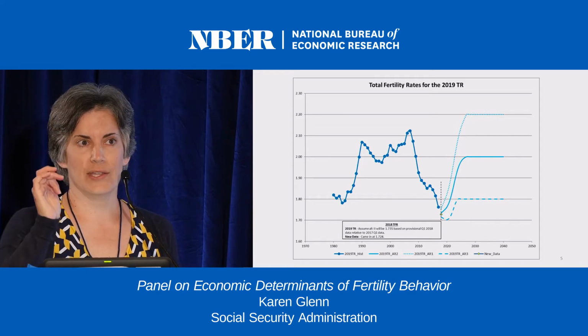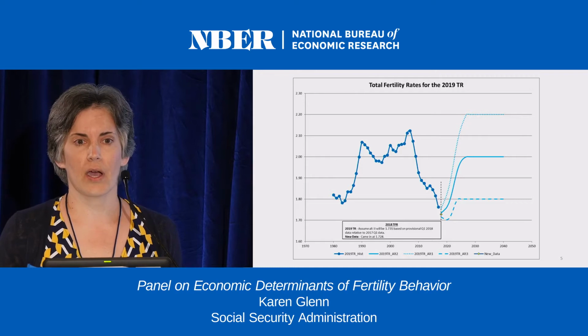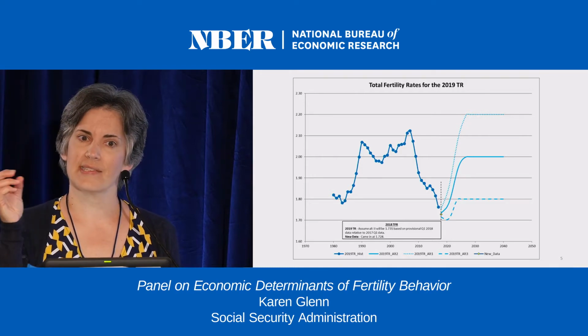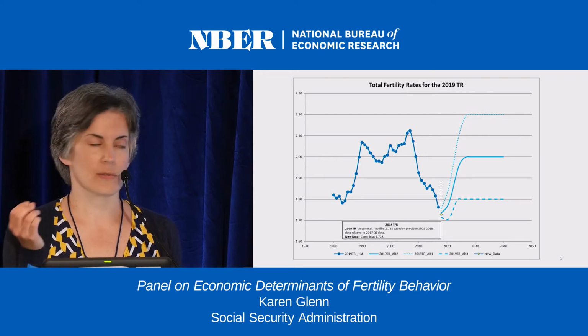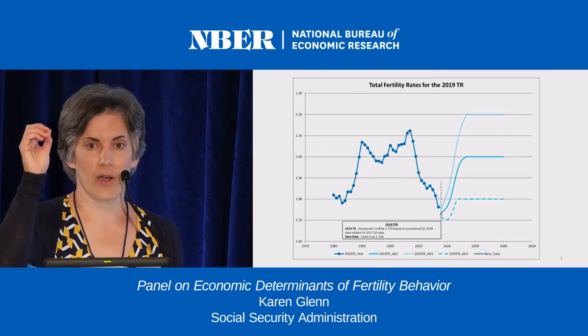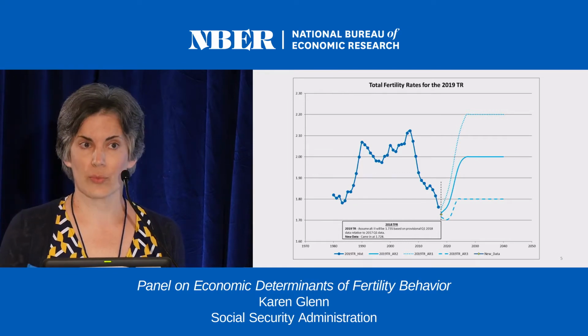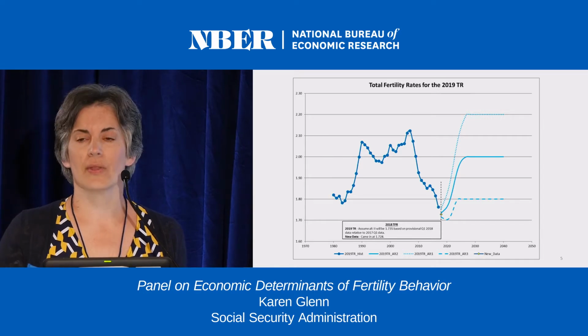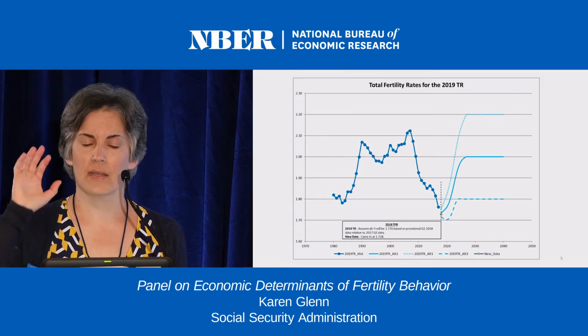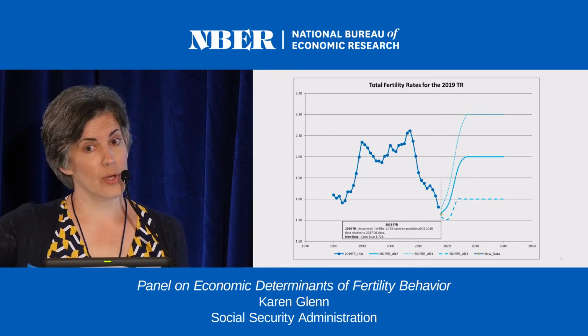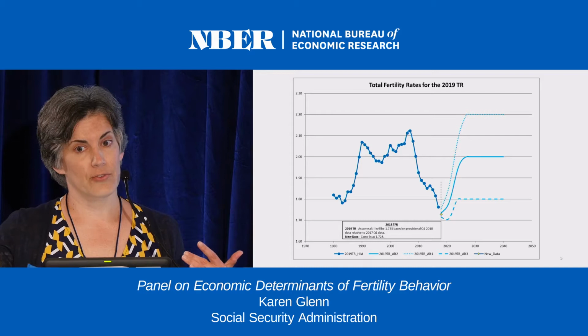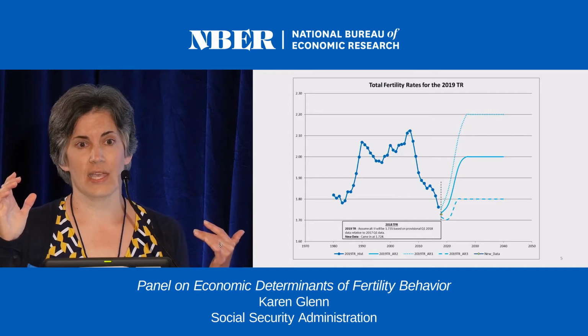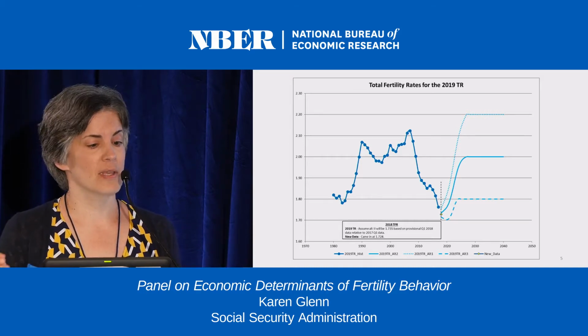The other two lines you will see in the projection period are what we call our low cost and high cost assumptions. So if there are 2.2 children per woman in the future, that's a really good thing for Social Security. We'll have more workers paying into the program, more taxes coming in. There will be more benefits down the road, but that takes a while to flow in. It just changes the age distribution of the population.